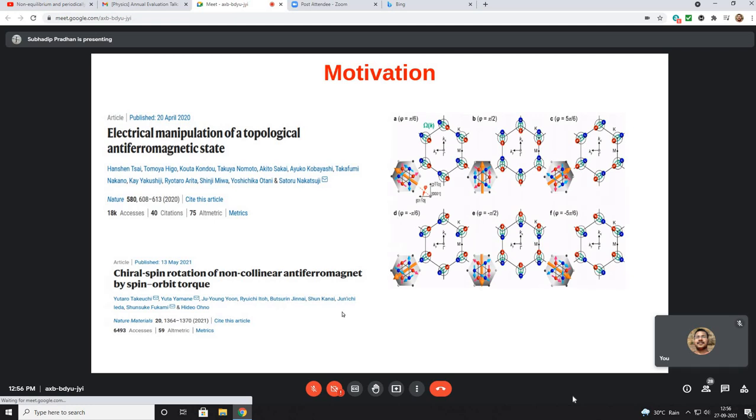Just remind me what was phi in this calculation? They have firstly calculated the anomalous Hall effect, and I'm asking what is phi? What is small phi? Phi is just the angle of this. Phi is the polarization rotation angle. This magnetization rotation angle. No, this is the octupole. That octupole orientation is written there. There is a picture there, right? There is an octupole moment rotation. Octupole moment rotation. Yes, with electric manipulation.